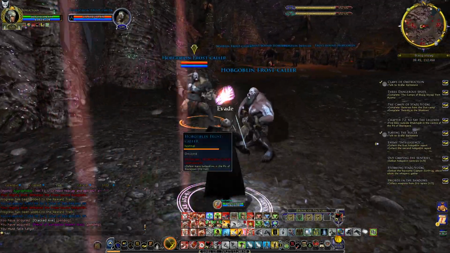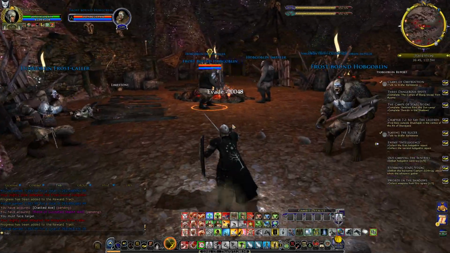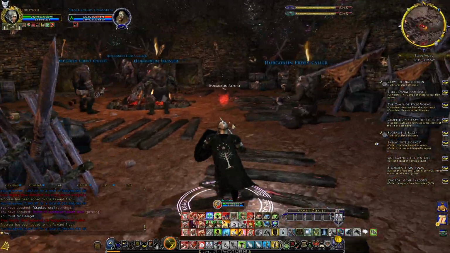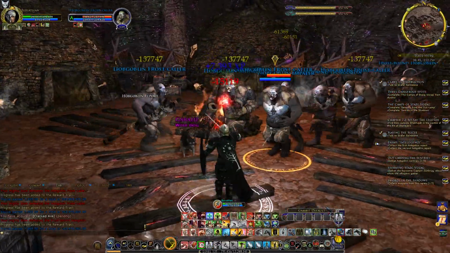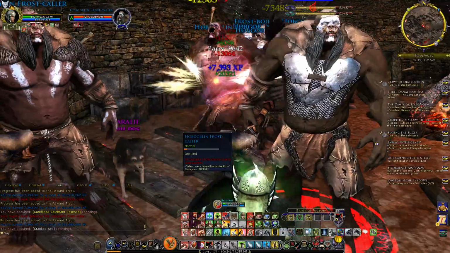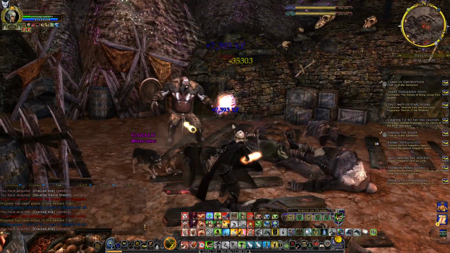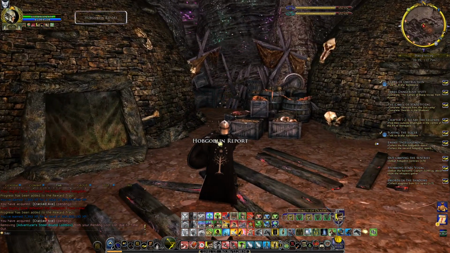Now I think this in here is the location of either a treasure cache or a rare chest. Goblin report. None of those? A crystal maybe? Something's gotta be found in here. You gotta tell me, so, please. I mean, we're gonna grab the report anyway, but...